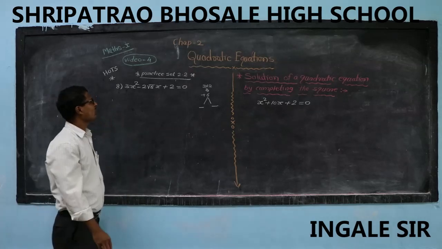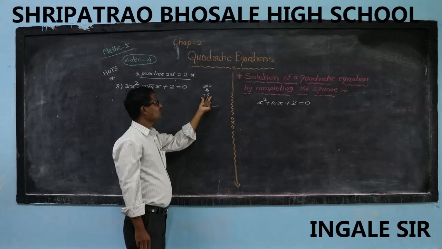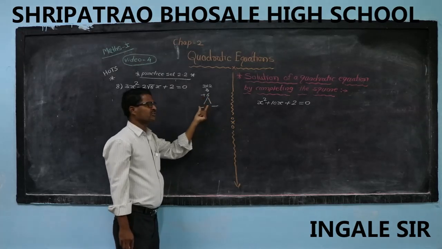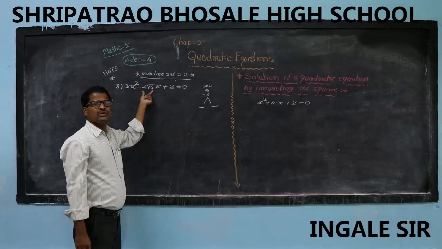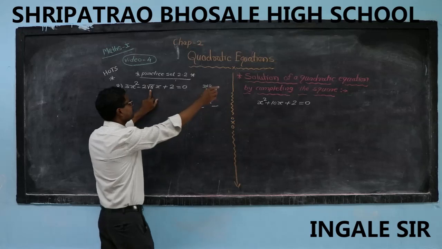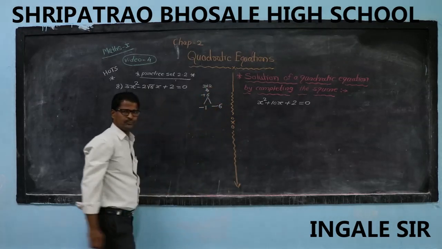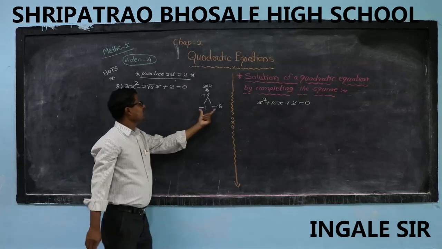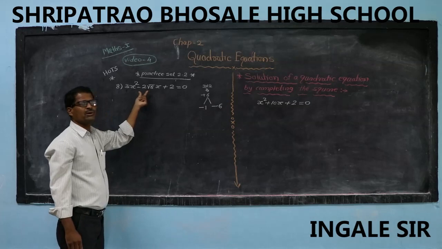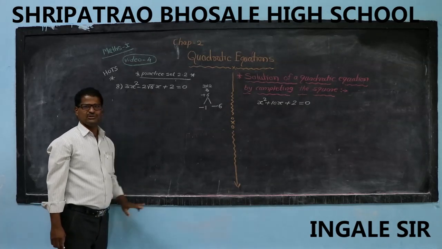Now we have to find two factors of 6 such that the product is 6 and the sum is 2 root 6. So here 1 into 6. Now the product is plus 6, but the sum is minus 7, but the middle term is 2 root 6. The sum does not come.